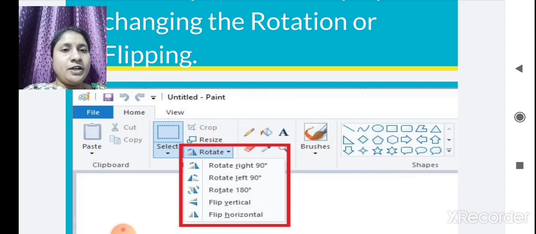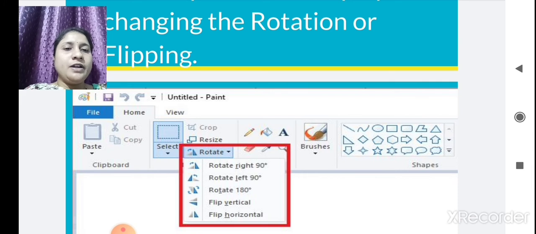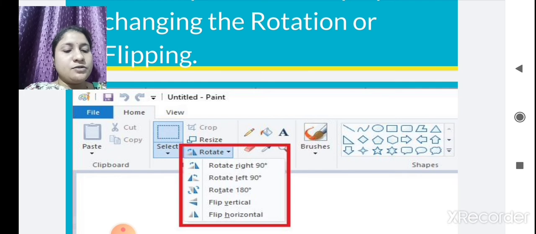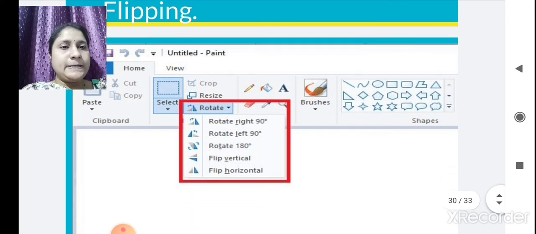After clicking on rotate, it shows the choices: rotate right 90 degrees, rotate left 90 degrees, rotate 180, flip vertically, flip horizontally. So to rotate or flip the picture, this rotate option is used. Got it? Now we will see the next.